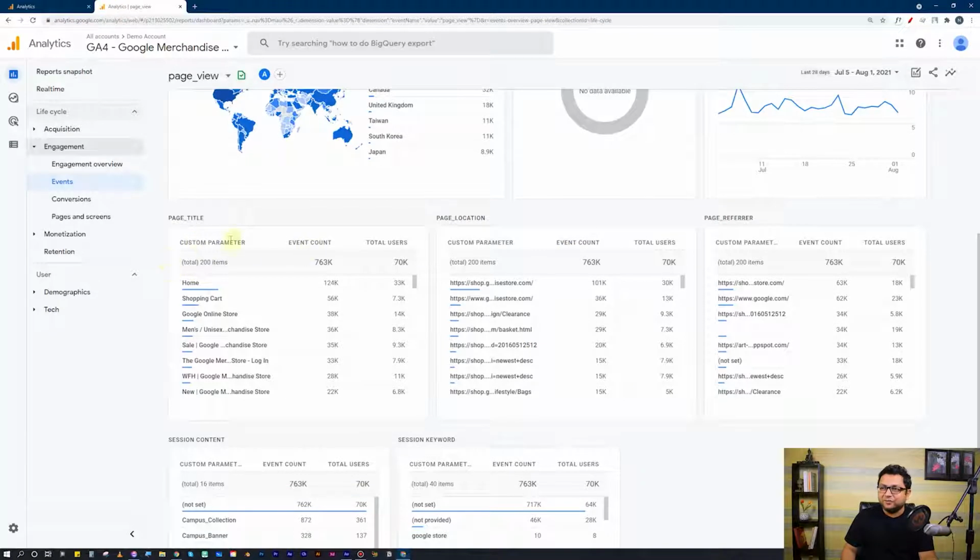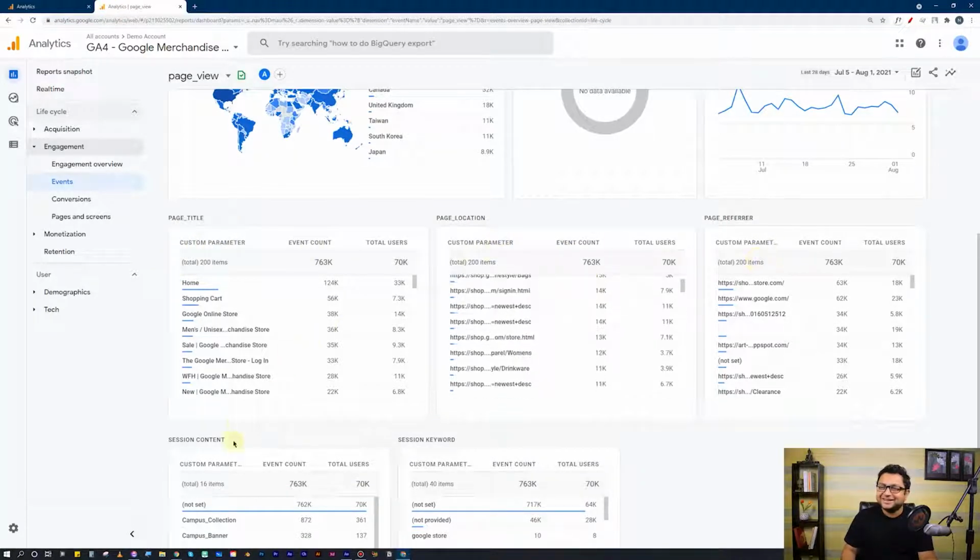There are a lot of parameters: custom parameter, custom parameter, custom parameter, right? And all of these have got some name, like page title. Every time a page loads, the custom parameter page title gets captured by Google Analytics 4. Another custom parameter is page location, that also gets captured. Page referrer gets captured.